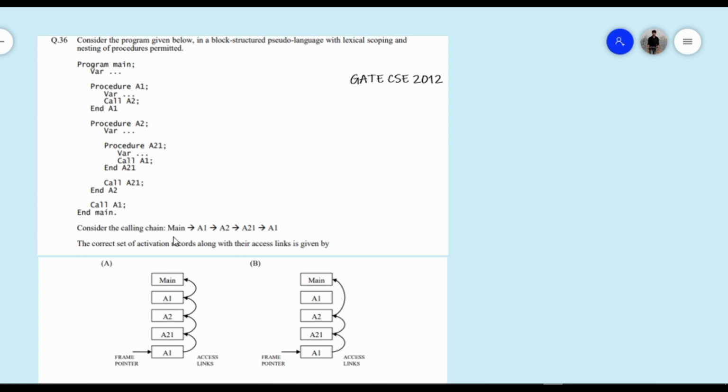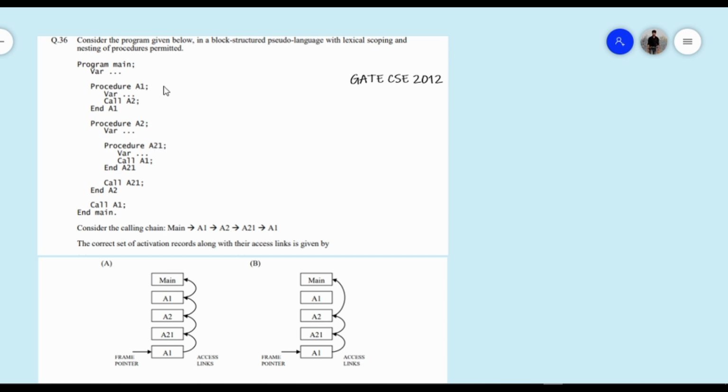So the calling chain is like: from main they have called A1, from A1 A2, then A21 and then A1. If we go through this given pseudocode, because the definitions of procedure A1 and procedure A2 are written inside main, their access link will point to the main function.